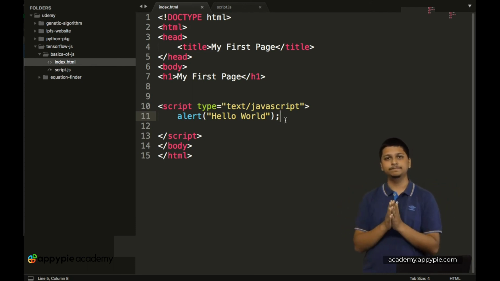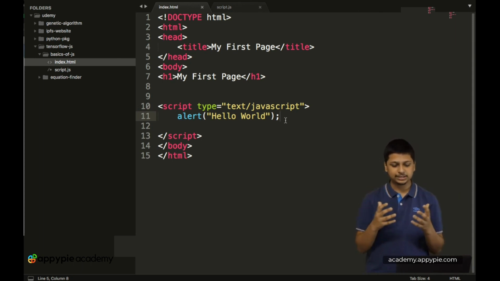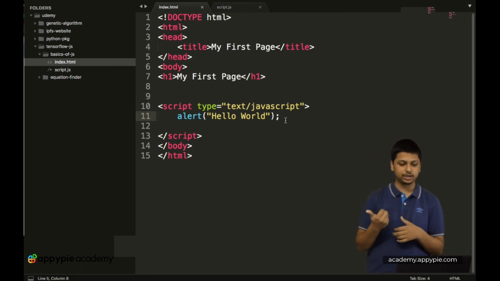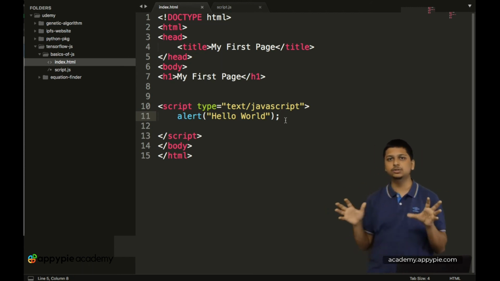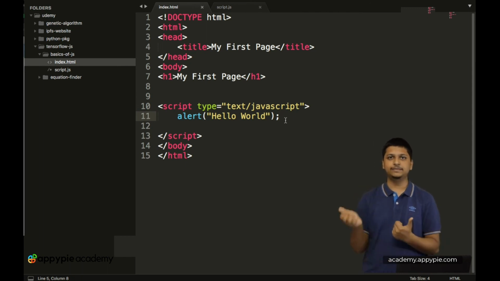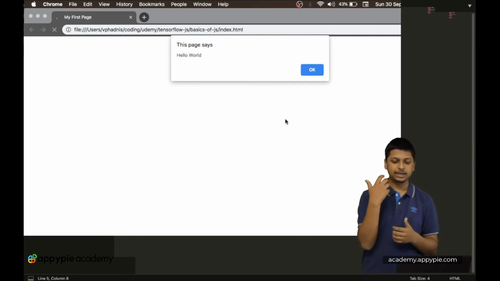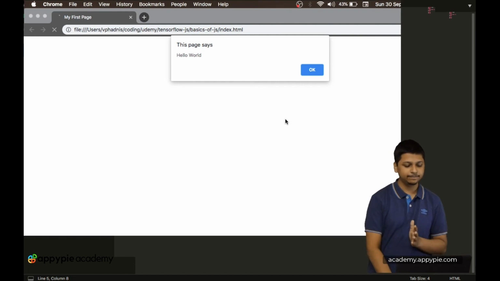And yes, that's pretty much it for the basics of getting started with HTML and JavaScript. So in this particular lecture we reviewed why HTML is important in our particular use case of TensorFlow.js. Then we added in a JavaScript file, then we linked that JavaScript file to HTML, and then we finally added in an alert onto the JavaScript file, and that's how we can see the alert displaying on the screen.